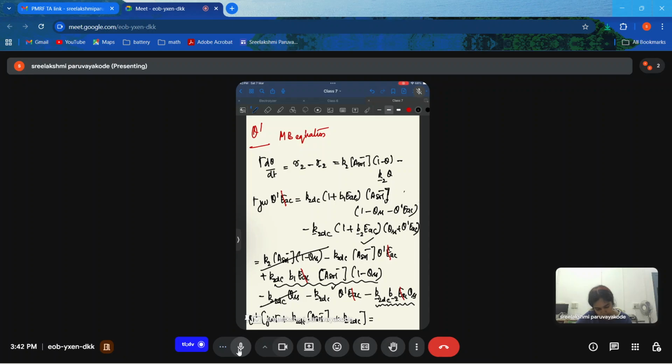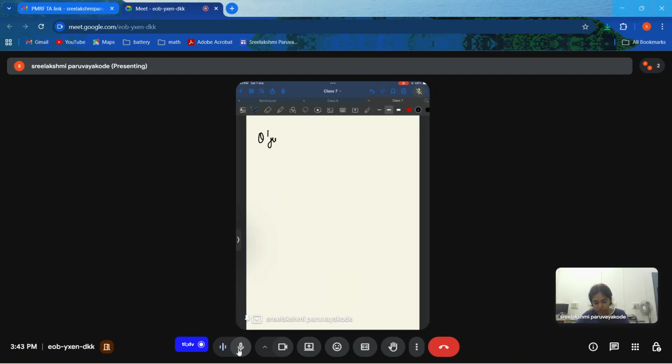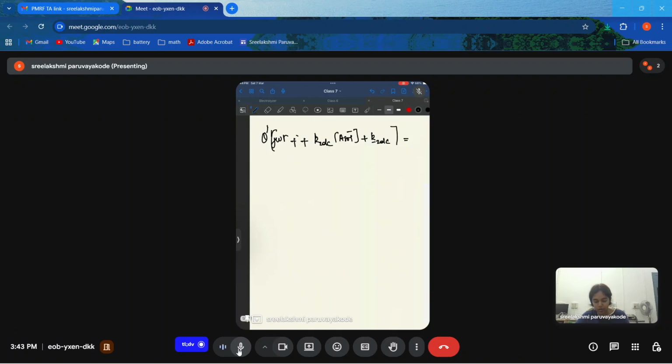This term comes from B1, K2 DC B, so I'm going to say B2 EAC. So K2 DC B2. So let me write that down. I'll write it in the next page. That's better. Theta dash j omega gamma K2 DC A solution minus plus K minus 2 DC we get, and that is equal to K2 DC B2